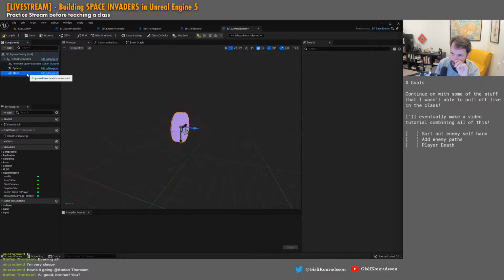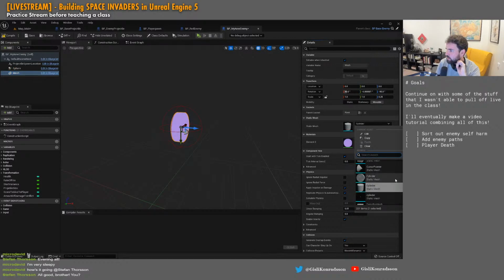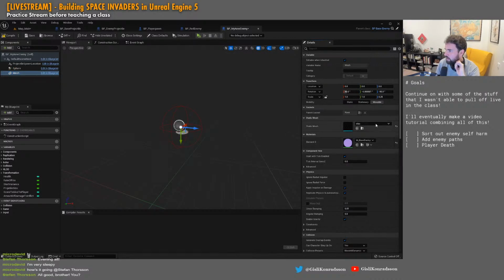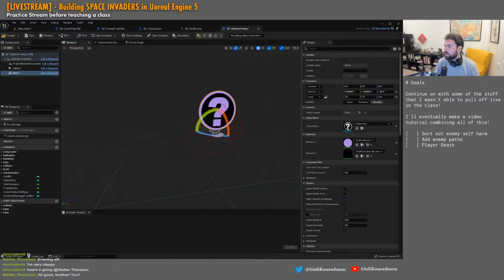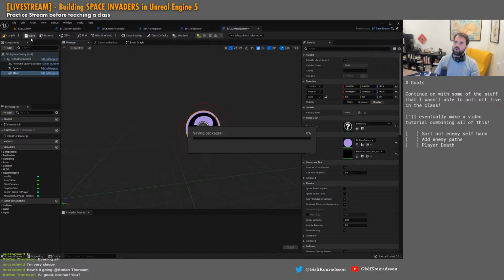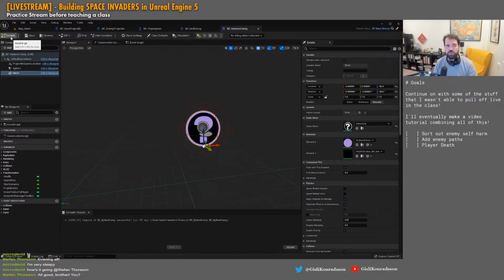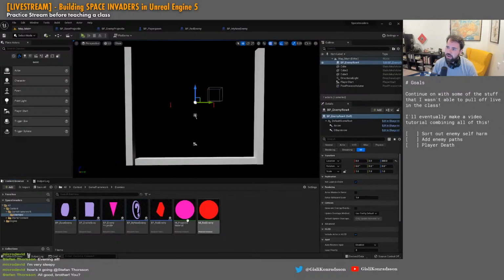And then we go in here, we can change the mesh to something else, to the disk, for example. It's probably too small. The editor help icon here, for example, like so. So now, just in a matter of minutes, we've actually made a new enemy. And then if we go in here,